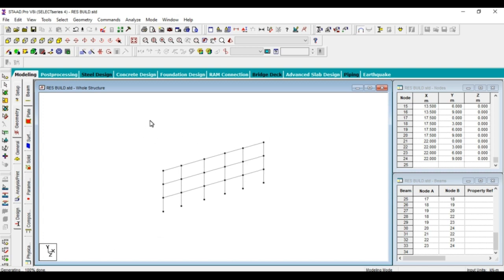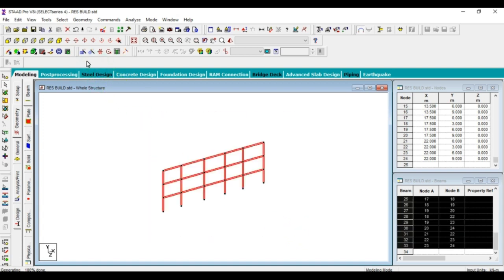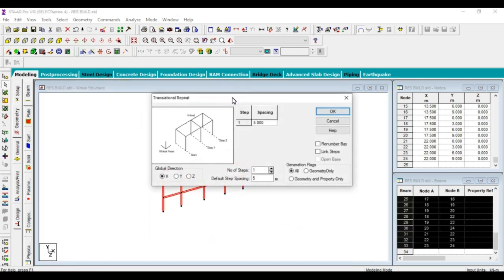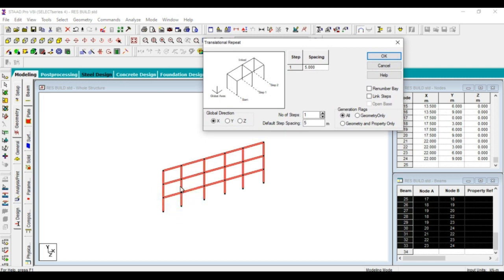After that, take the beam cursor again and select the whole structure. Go to the translational repeat icon. I want to create the structure in the Z direction. At that time, set the global direction as Z. I want to create 4 number of steps, that's why I'll give 4 steps in that box. Next, default step spacing.